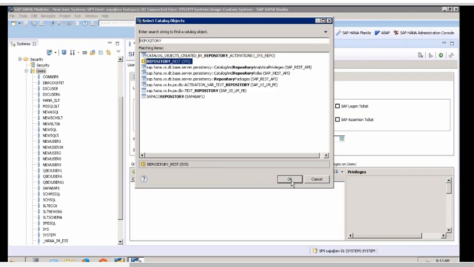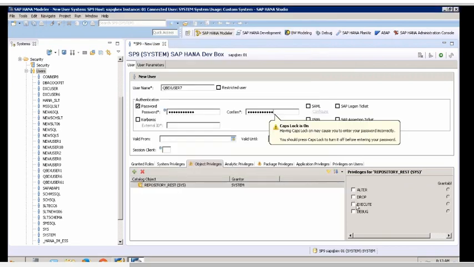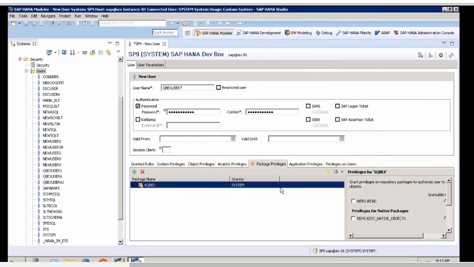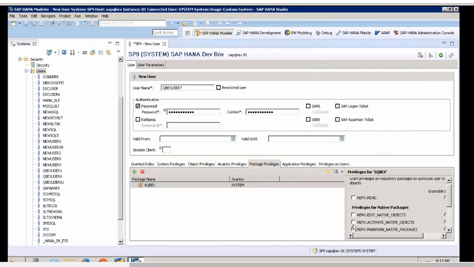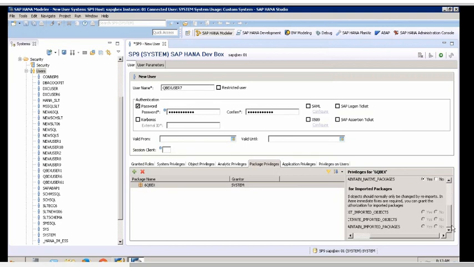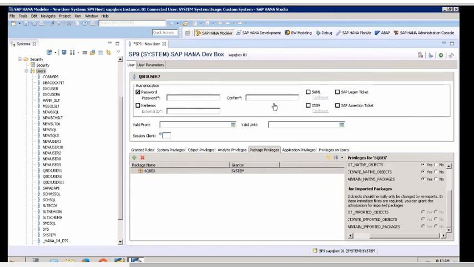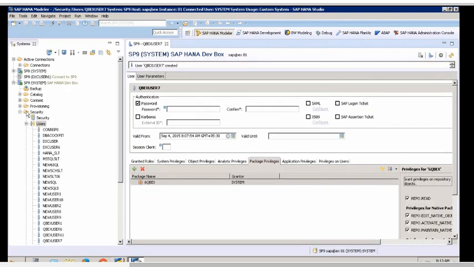Because if we need to give him access to the repository, I need to say execute. And the package I just gave him, for this package, whatever operations he can do, he can read, edit, whatever it is. And he should be able to grant to others also. And I just say activate. Now my user is created.